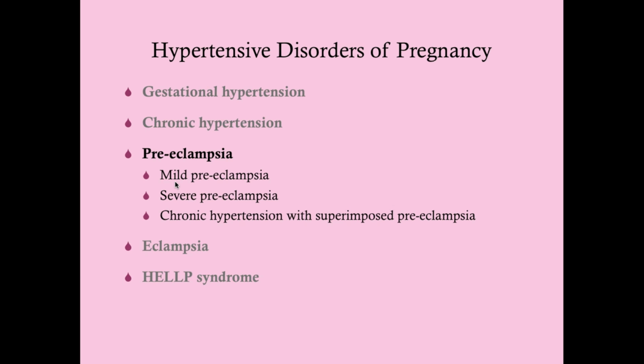So we're going to focus on preeclampsia here. There's a few designations of preeclampsia: the mild and the severe, and then there's the preeclampsia that's superimposed on chronic hypertension. Now, in another lecture, I discussed gestational versus chronic hypertension and the difference between the two of them. With one of these forms of preeclampsia, it's superimposed on a patient who's already got hypertension, which preceded the 20-week point at which we can diagnose preeclampsia.